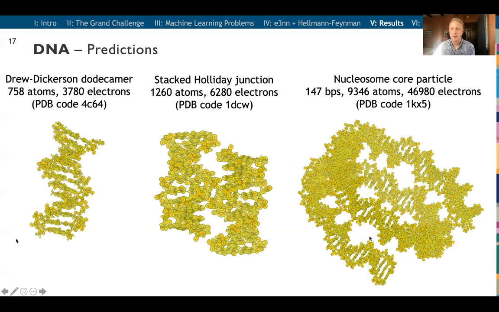And here's something crazy big, a nucleosome core particle. This is how DNA packs in our cells. And this is a prediction on close to 10,000 atoms. This is something that would be entirely impossible, even with the biggest supercomputers, to make this prediction with a quantum